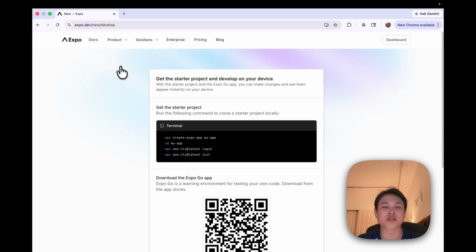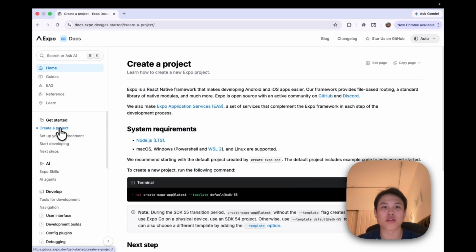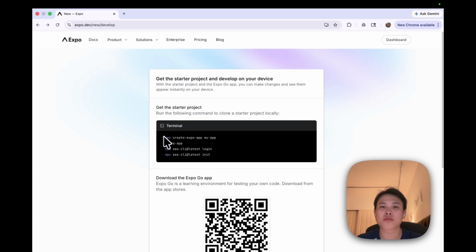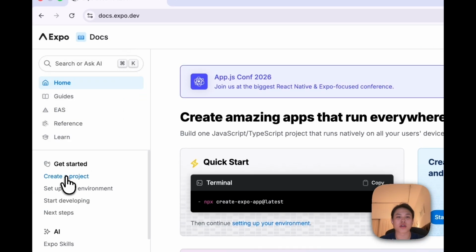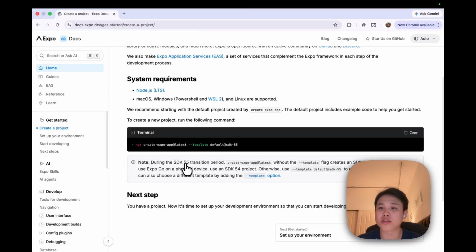These documentations are very friendly, and it even gives you a different page rather than just telling you to go to the stock page where that's usually where everything is. So yeah, if I were you, I would follow this. And if you come to the doc, you can see it's a different command, but always read documentation. So this template flag is actually for a newer version, which is not compatible with Expo Go